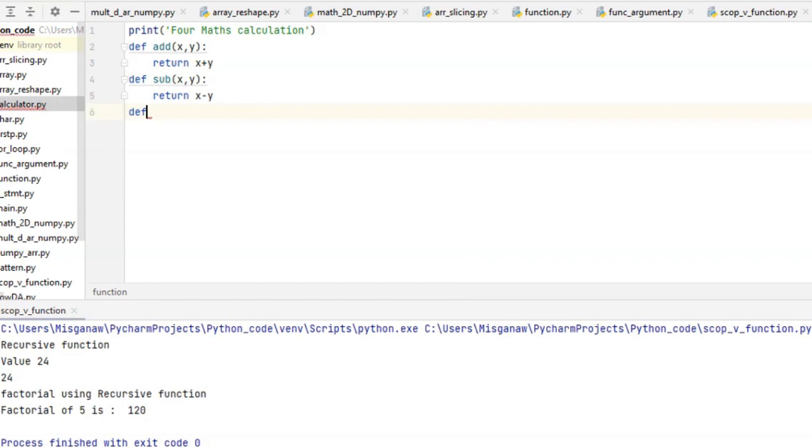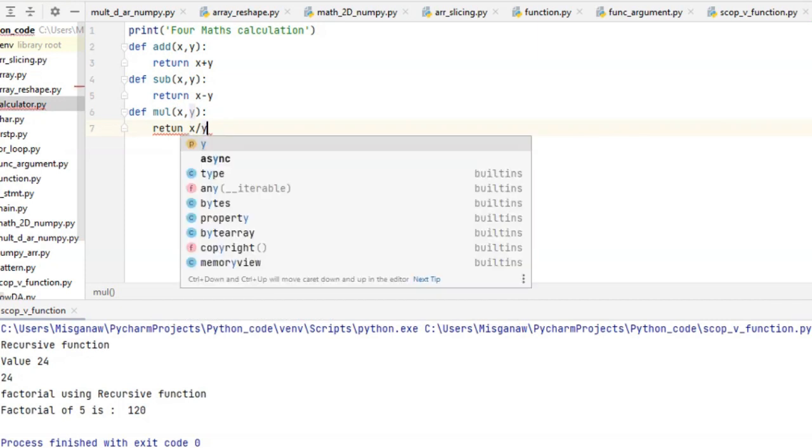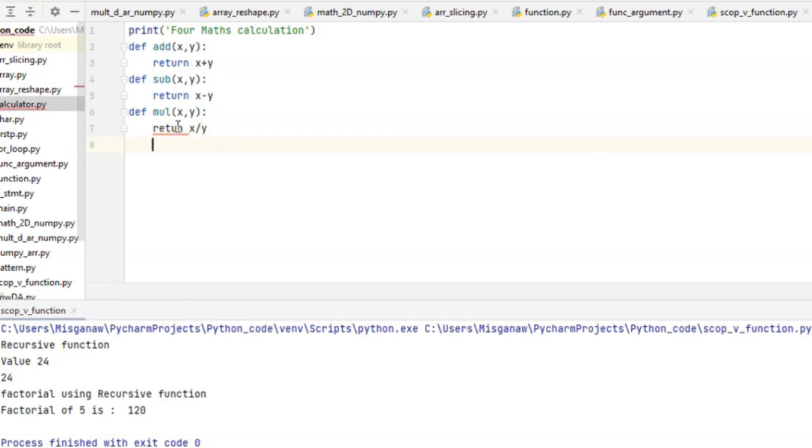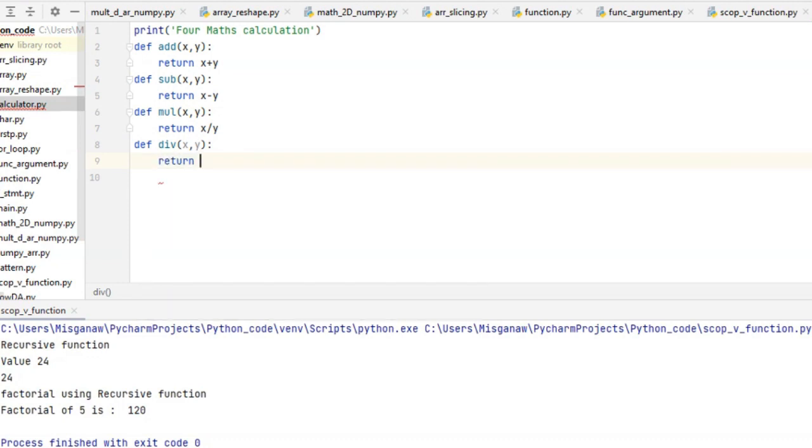Another function, mul, for example multiplication, with x and y, returns x multiplied by y. Another function, div, for division, with x and y, returns x divided by y.